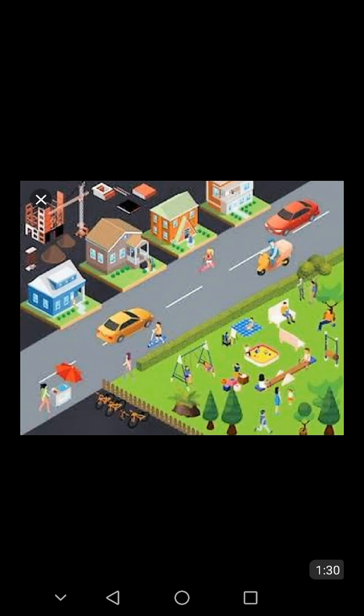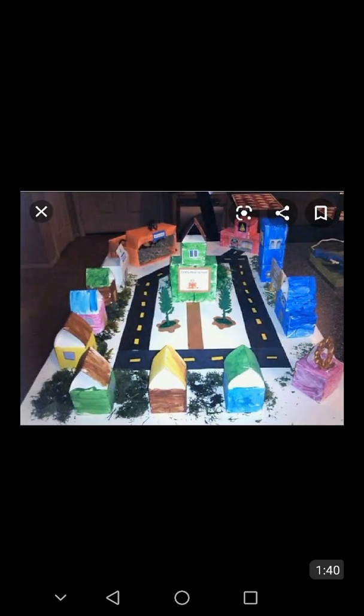Now, after this, students, today we are going to make a model of neighborhood like this. Students, you use paper bags for making buildings, black chart for making paper roads, and ice cream sticks for making traffic lights. Okay,